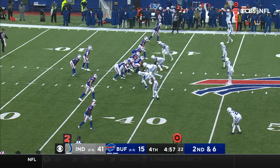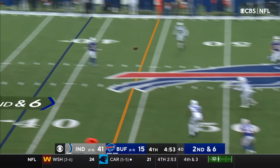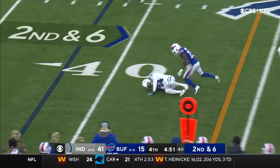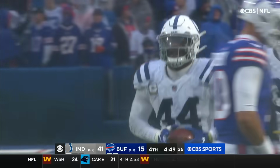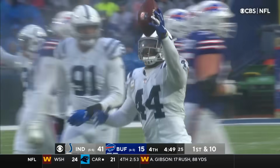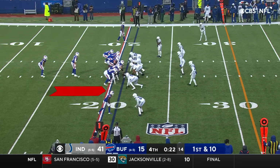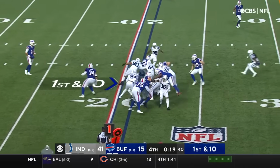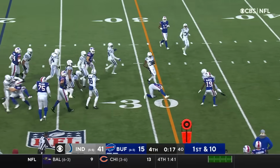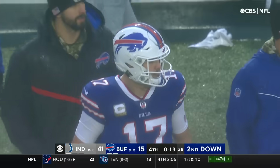2nd down and 6. Oh, it's picked off on the play. Franklin, Zaire Franklin, who had a blocked punt last week that led to a touchdown return. Pistol here for Trubisky. And Breida. Tumbling ahead to the 29 and a pickup of